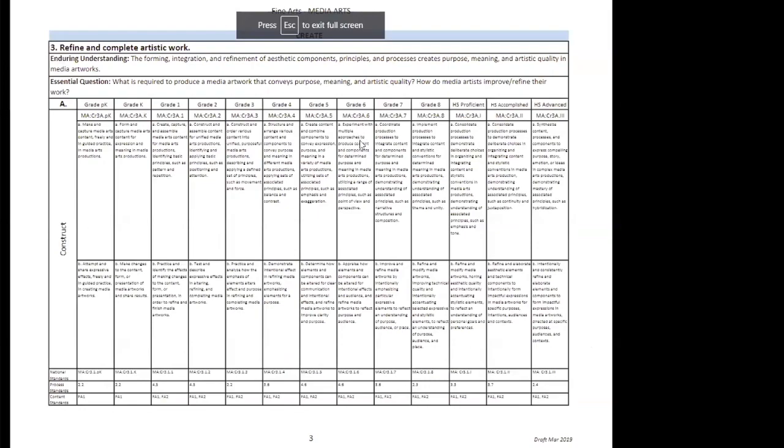So I'm seeing experiment with multiple approaches to produce content and components, to determine purpose and meaning in media arts productions utilizing a range of associated principles. Or appraise how elements and components can be altered for intentional effects and audience, and refine media artwork to reflect purpose and audience. Now,